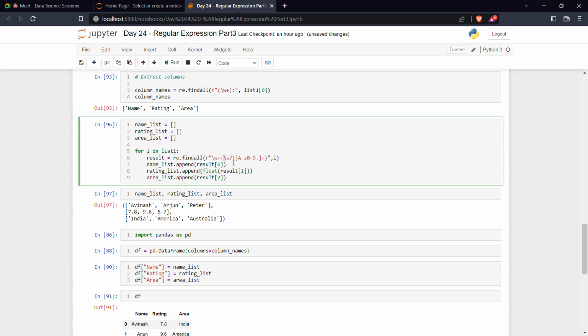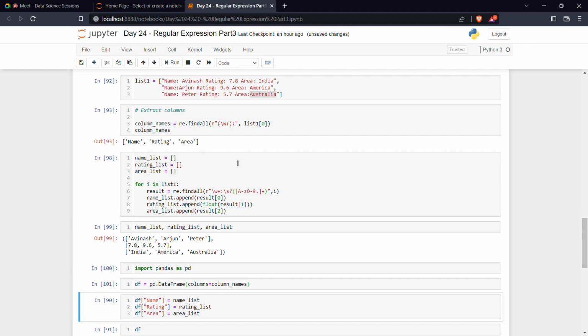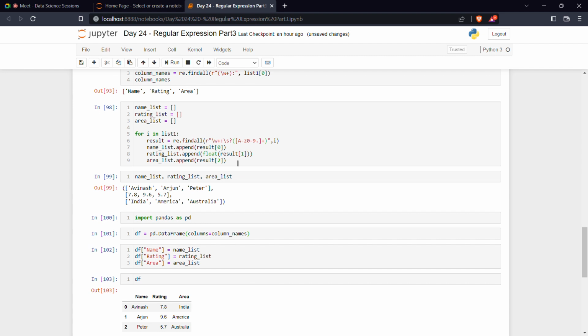So based upon that only. If you are not putting a question mark, then it is going to consider the pattern with \s for sure. That's why it is not going to get a match, and then it will fail. So execute it. Done. Same thing. So like this you can create your data frame or whatever expression that you can